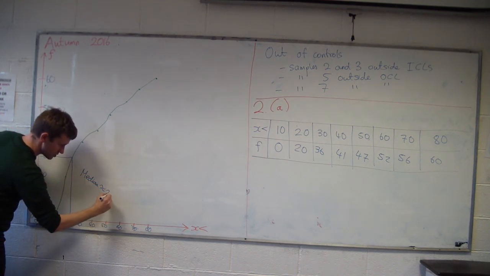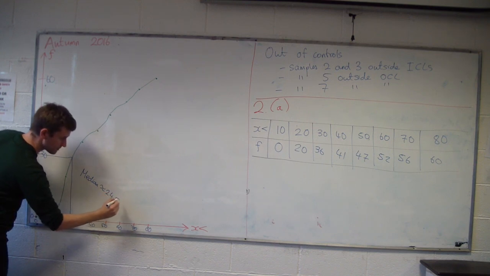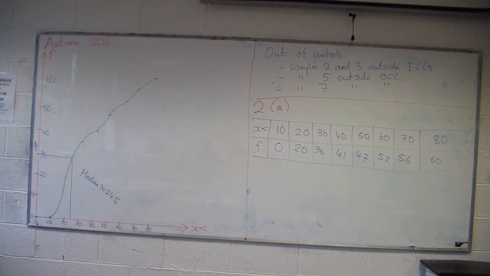And it's approximate. Is there a way of calculating this, or do you have to get it off the graph? Yeah, I could for example be throwing something like use the ogive or otherwise. So the otherwise is without the graph, and I'll do that up here. In this question you had to use the ogive though, but I might be giving you that option. So the other way is something like